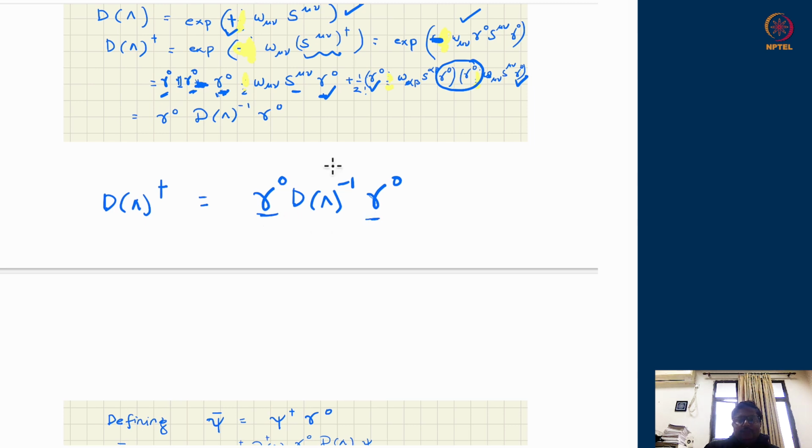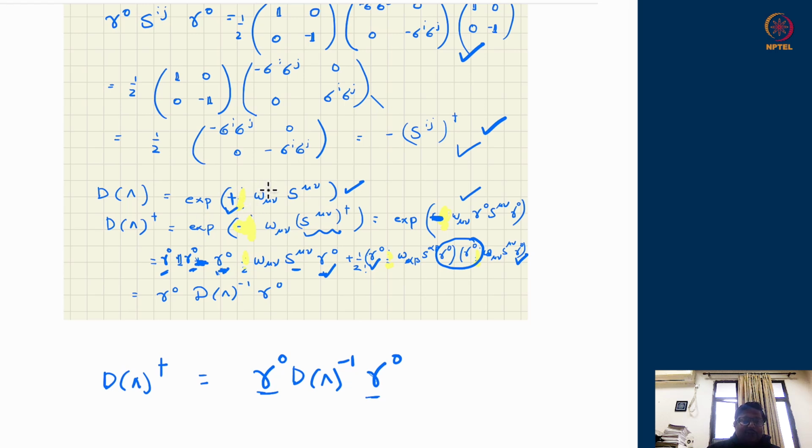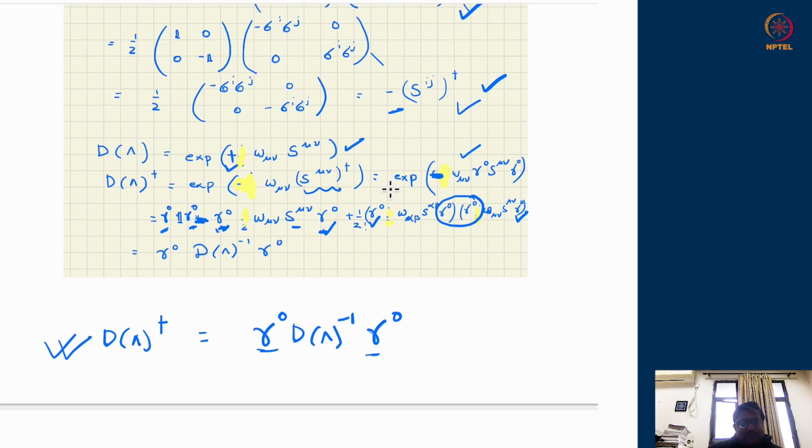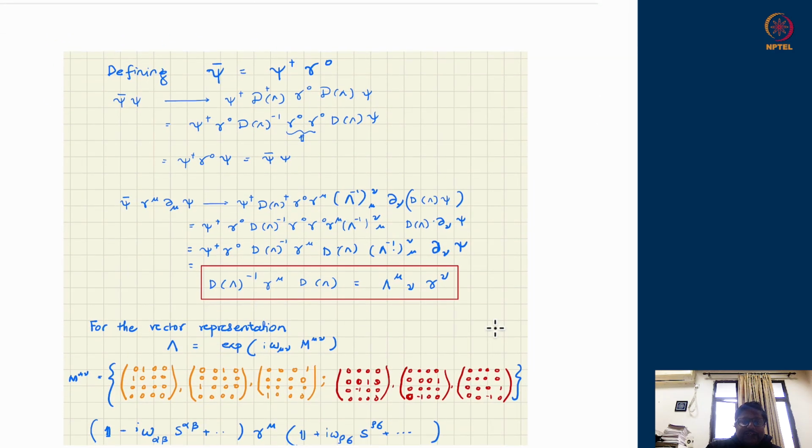So irrespective of which notions, which iota version or without iota version you work with, you will always land upon this property. I have shown you without iota, but if you work with iota, you have to correct this and previous terms as well, and you will land upon this identity once more. So this is a well-defined, understood identity that for Lorentz transformations on a spinorial index, the dagger of that is not the inverse of itself, but a gamma naught squeezed version of the inverse. Why have we derived that?